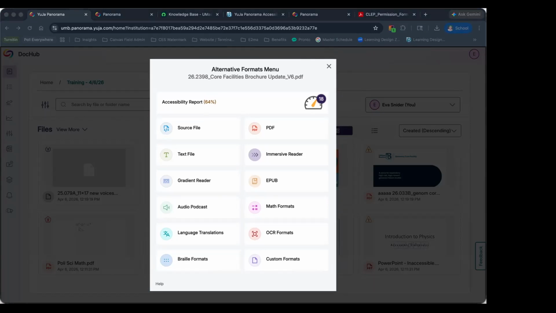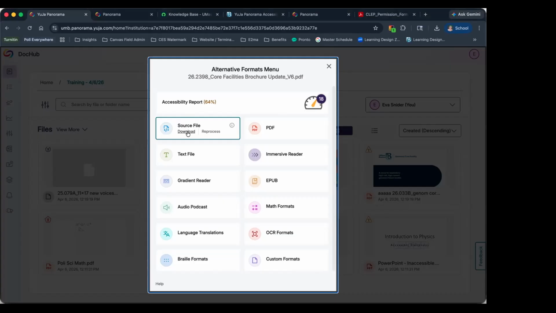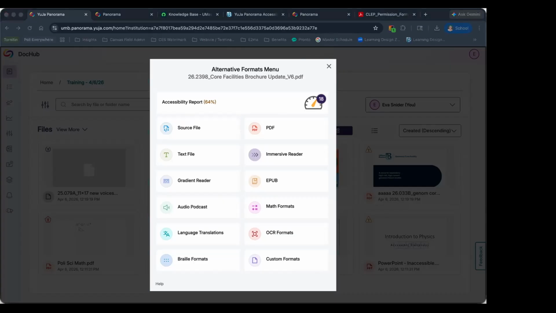Some folks might need to have something hosted in OneDrive. If you need to upload it to your department or unit's website, then that's something where you would want to download the source file and then upload it through Terminal 4 to your website. And so the source file download here is going to be what you want to use after you've made those accessibility changes.